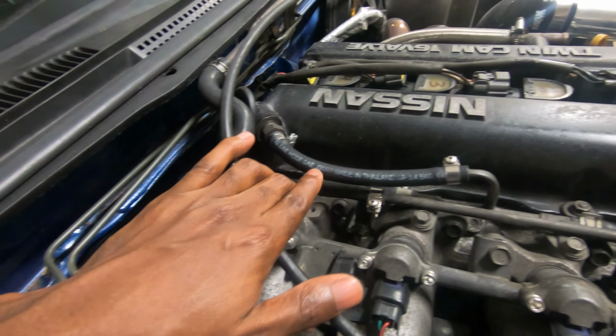If you guys don't understand how everything comes together to make the engine work, you have your MAF sensor. The MAF sensor's on the intake. That reads how much air your engine is pulling in. So if the turbo is pushing 7 pounds, it's gonna read all that air coming in. But then if I have a leak right here, it's gonna be supplying fuel for say 7 pounds of air when it's only like 5 pounds, which is gonna be an overfueling issue, causing the car to run super rich,